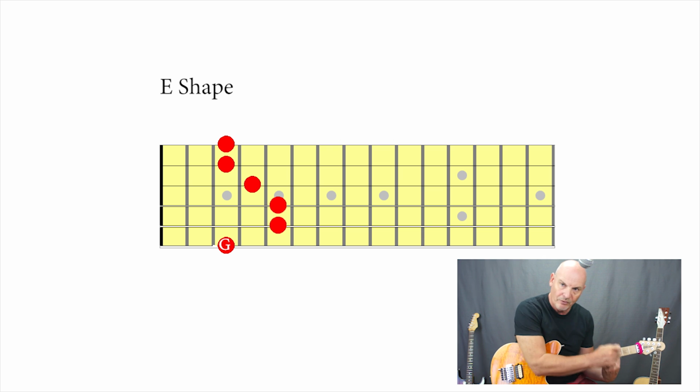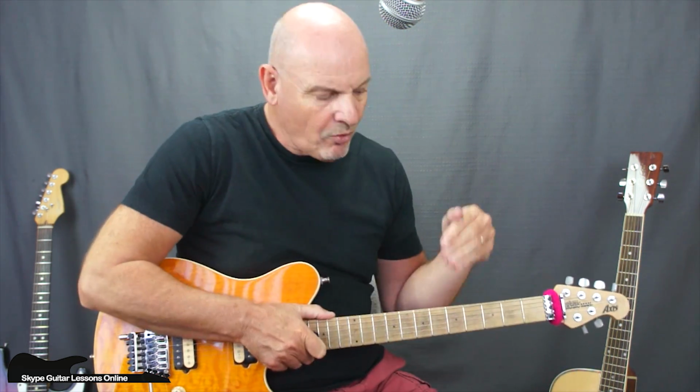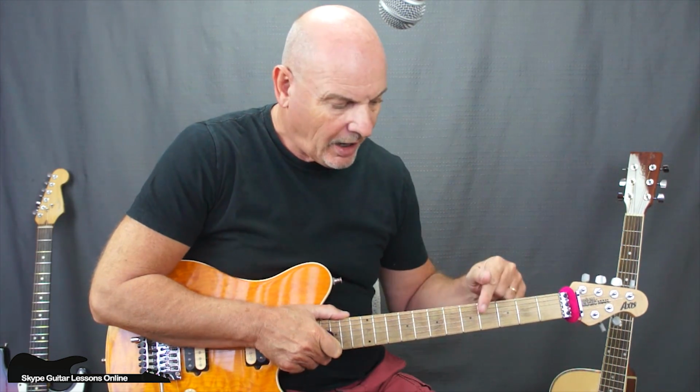So I've not even moved the bar. I've taken that C, D shape, E shape. So I've got more effective how I'm playing the guitar,